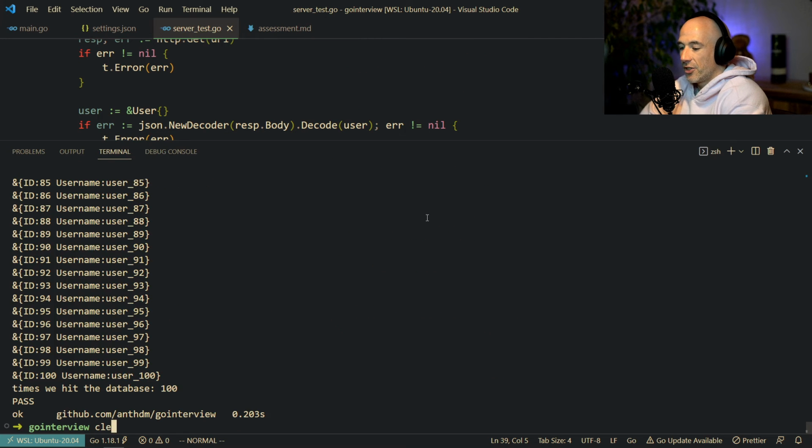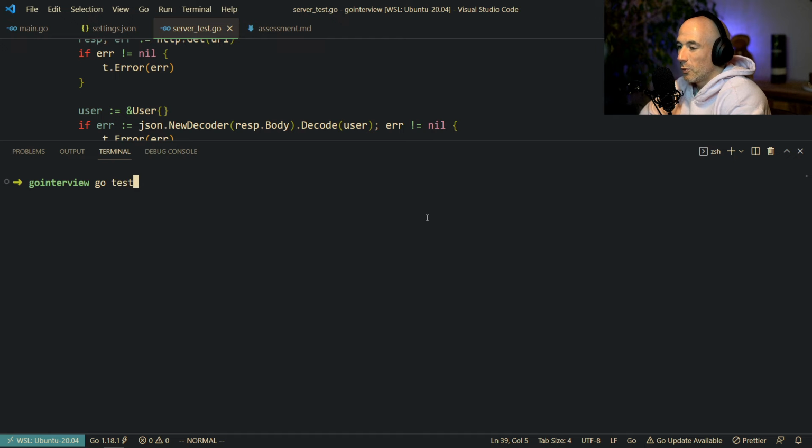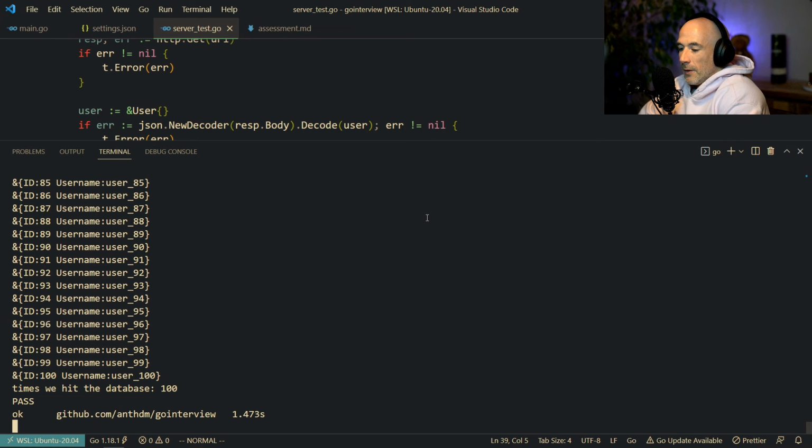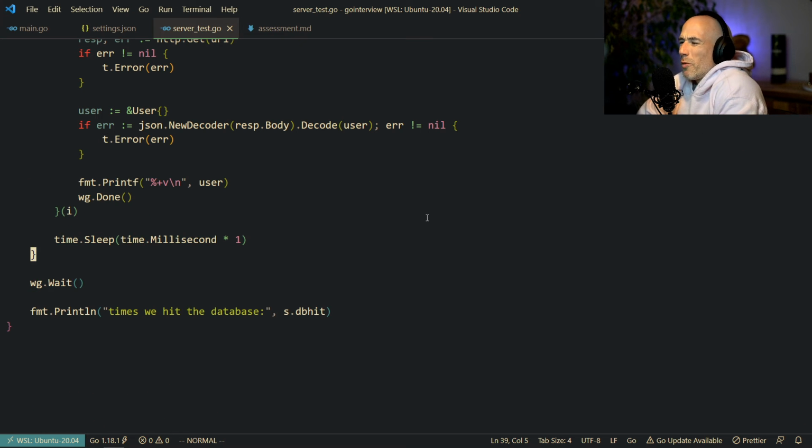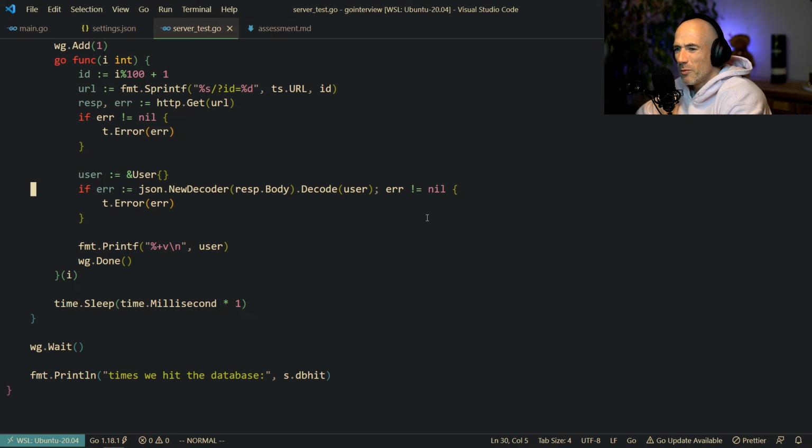And then we're going to print out this shenanigans. Let me see if this works. Maybe not. Who knows? All right, so it's working, and it's all concurrent, and we basically hit the database 100 times. You could make this even more complex by mocking some HTTP round trips with random durations,